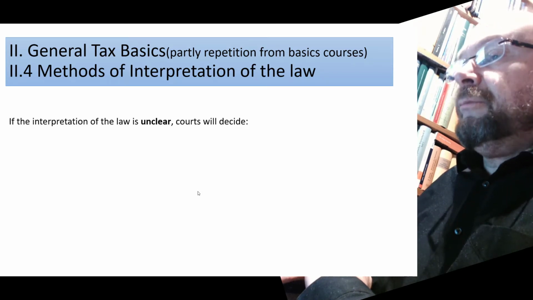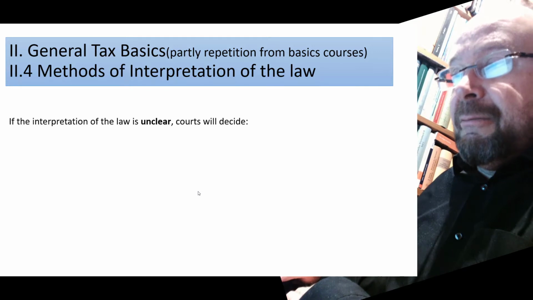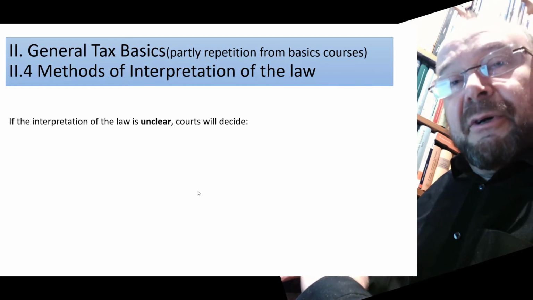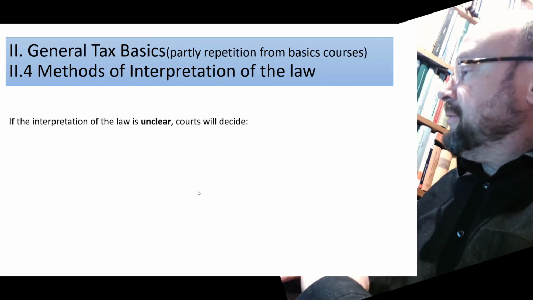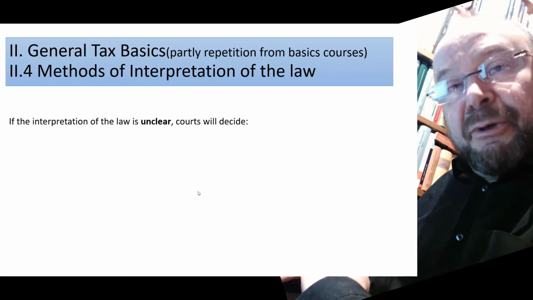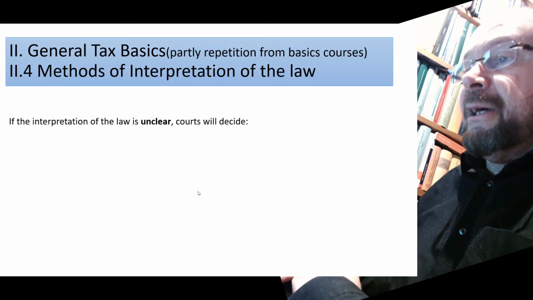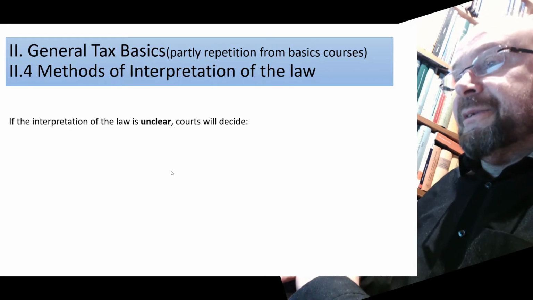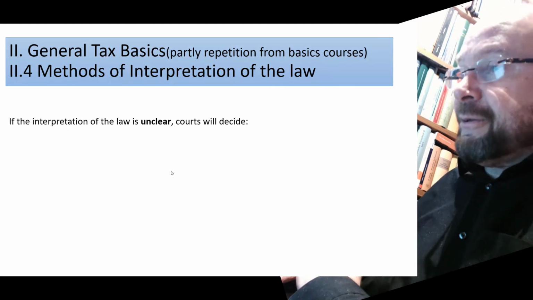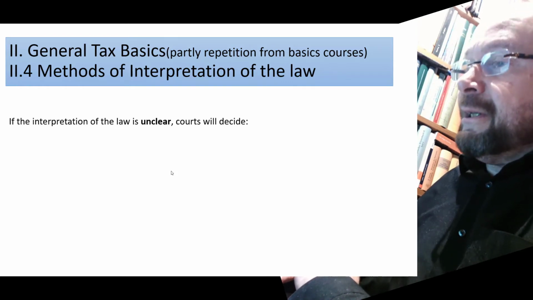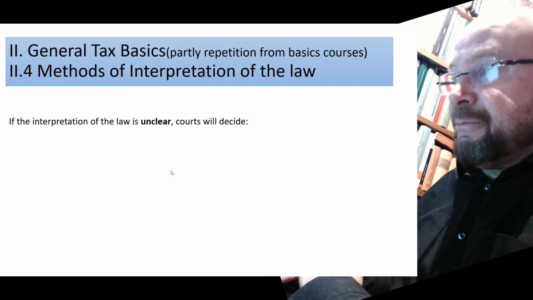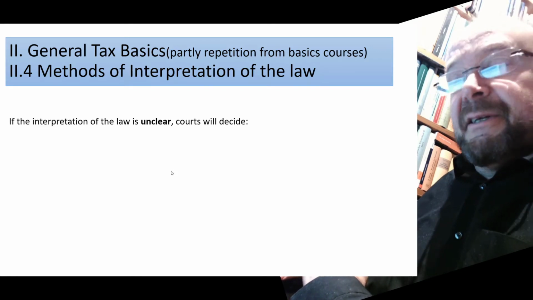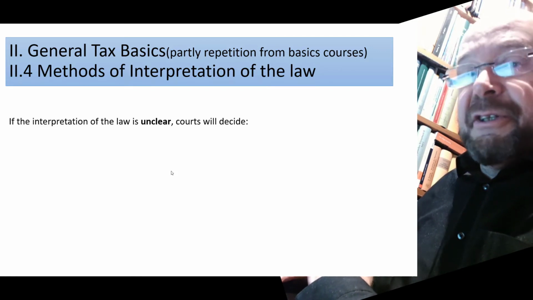Now, very often the interpretation of a law can be unclear, or people can have an interest to make it unclear, because taxation is about your money. And so if you can bring forward a different way to interpret the text of the law, you will probably try. Perhaps you could win. And so whenever the interpretation of the law is not clear, you need a neutral person to decide. You can't leave the decision to the fiscal authorities, because the fiscal authorities are trained in interpreting and following laws, but on the other hand, they are interested in your money. So they will have at least a subconscious bias against you